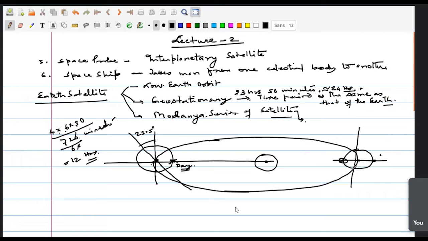Okay, so the geostationary satellite, whose altitude, you know, is around 36,000 kilometers, or distance from the center of the Earth 42,000 kilometers around. I am telling you the approximate distance, this is not exact. Low Earth orbit ranges from 300 kilometers to 1,000 kilometers. Okay, this Molniya series of satellites is a Russian satellite.